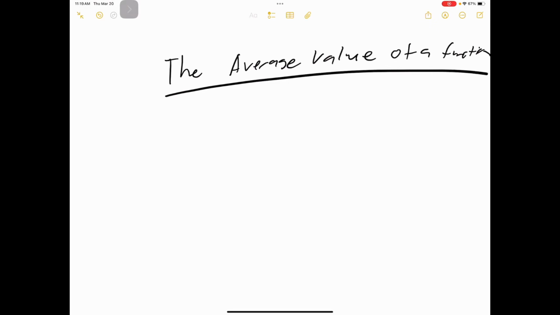Now that we know how to find the value of a definite integral, we can learn some interesting theorems, and one of those interesting theorems is the mean value theorem. The mean value theorem. And the mean value theorem says